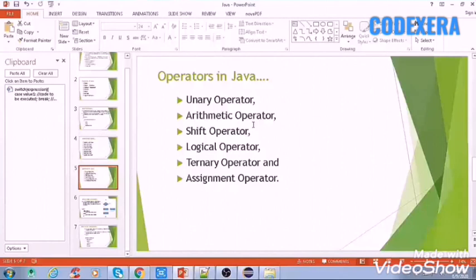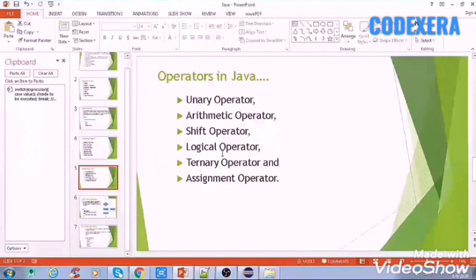It is just the opposite of left shift. The right shift operator is used to move the left operand's value to the right by the number of bits specified by the right operand. So this was all about shift operators, having left and right shift operators.